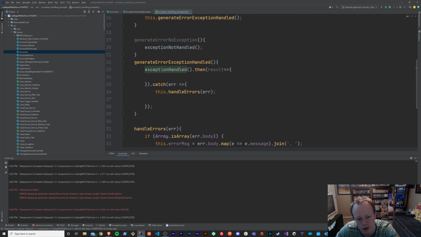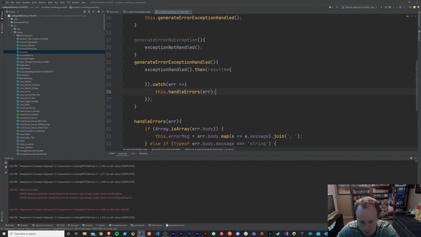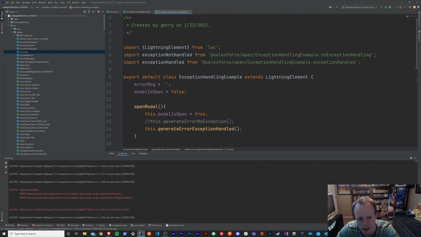Down here, I'm using that value, exception handled, and I'm saying, after I call it, in the event that an error occurs, this dot catch here, I'm going to run this method. So basically what you're going to want to do is use the catch to catch any errors that might occur, right? In the event that errors do occur, I want to catch them. And then what I do is